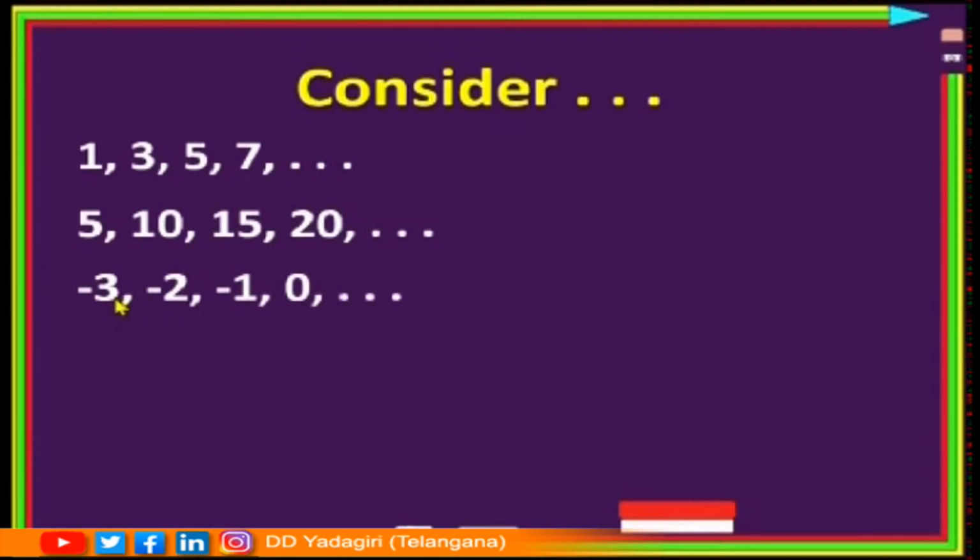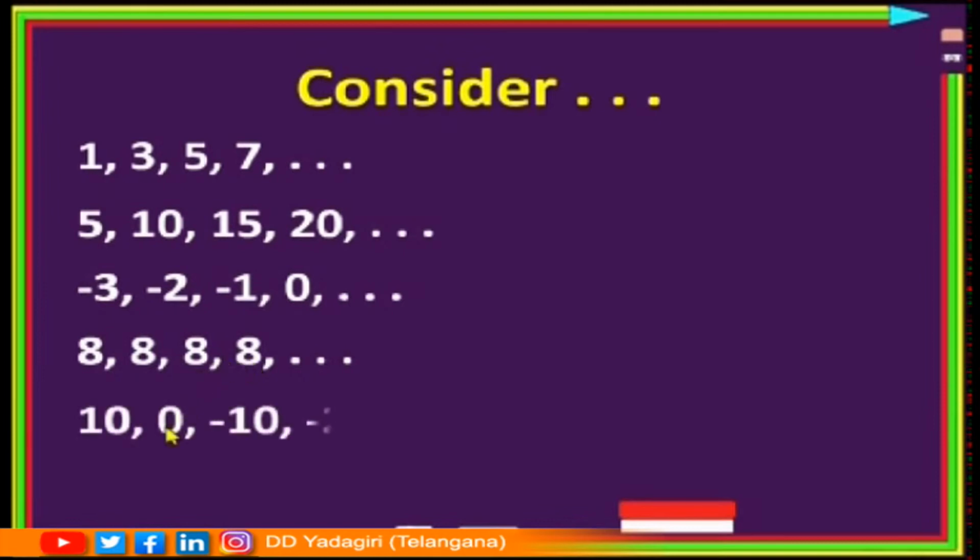In this one, if we add a fixed number 1, then we will get the next terms. In this sequence, what is the fixed number? Can you guess? Yes, the fixed number is 0. 8 plus 0 is 8, 8 plus 0 is 8, 8 plus 0 is 8. And in the last one, the fixed number is minus 10. 10 plus minus 10 is 0, 0 plus minus 10 is minus 10, minus 10 plus minus 10 is minus